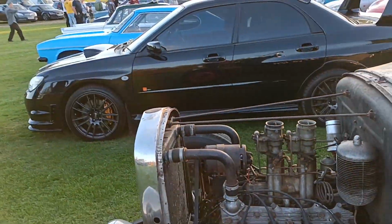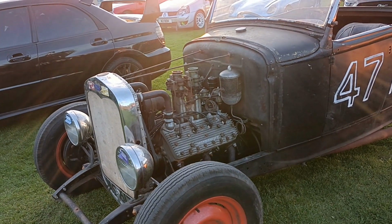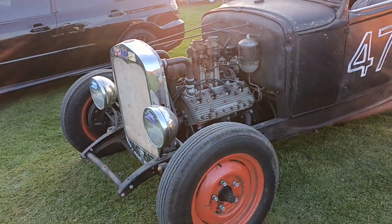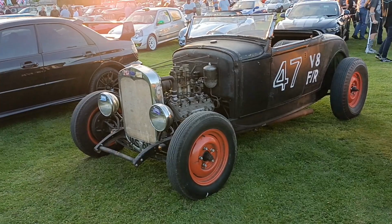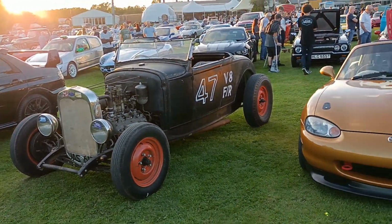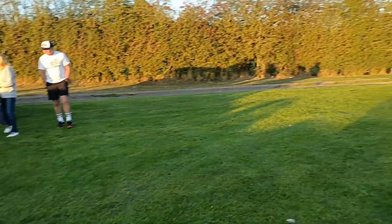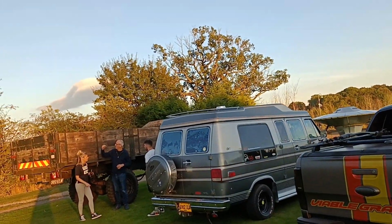I took the bonnet off, took the hood off, and I've got the air filters off as well because I've been messing around with it to get it running. But it does run, and it runs well. So there, I'll stand back a little bit. Other than these heavy duty jobs down here, including this military vehicle,